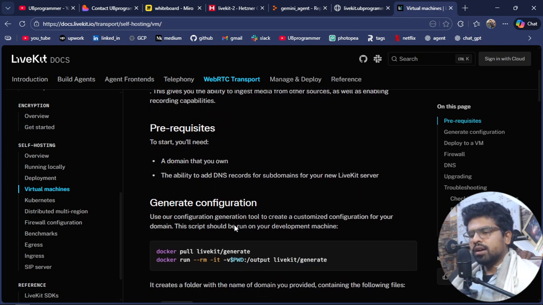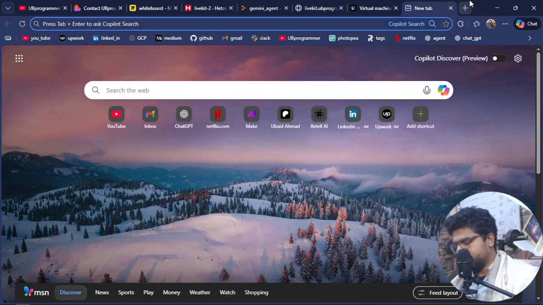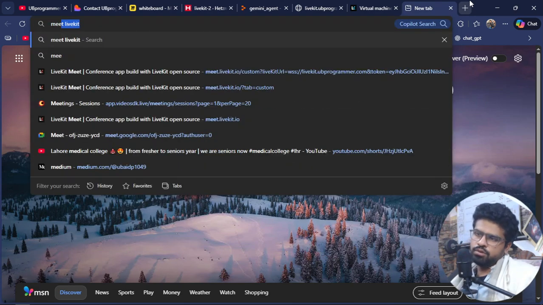And now the configuration. They directly assume that you know all of this stuff, but there are a lot of steps missing, right? So I will tell you how to get all these steps. Before that, we have to check whether the server is running or not, and then we will go deep into the deployment. To check, you have to go to Meet LiveKit,